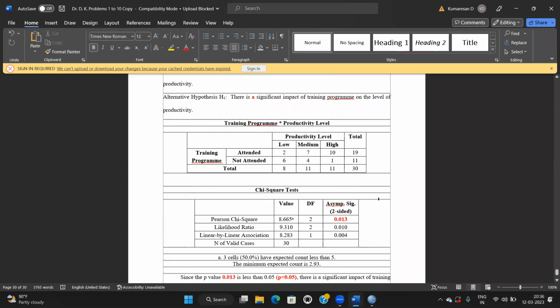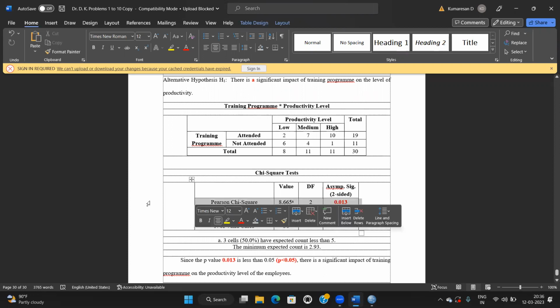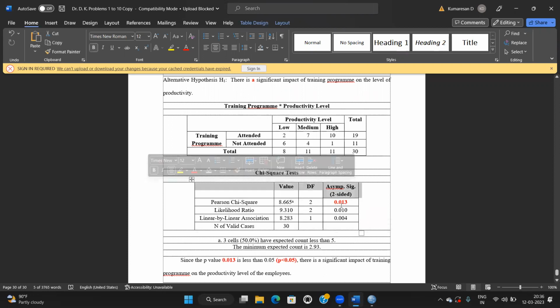Here also, we have chi-square value, likelihood ratio, linear by linear association, and number of valid cases. As usual, we have to take the Pearson's chi-square. Pearson's chi-square p-value. P-value is